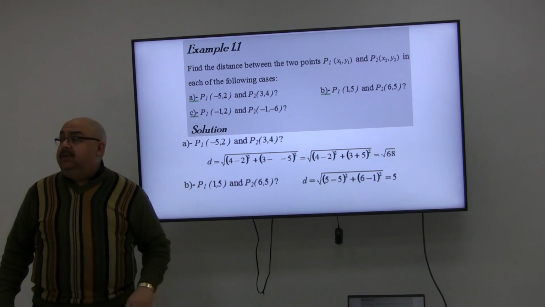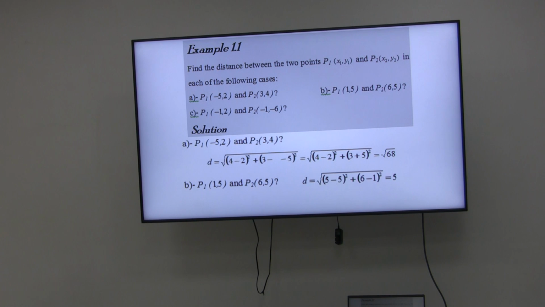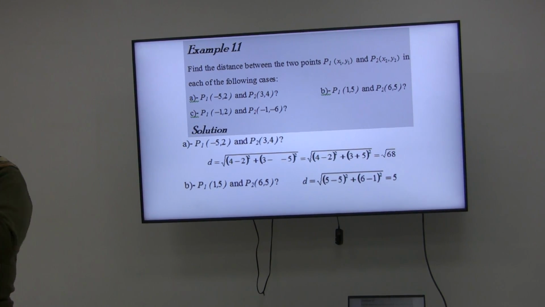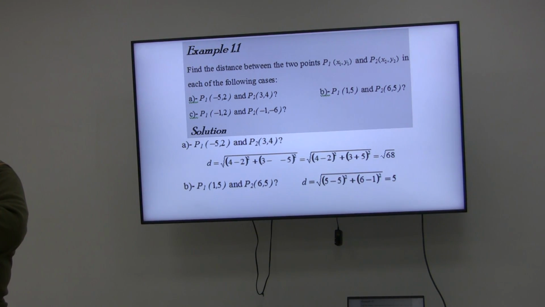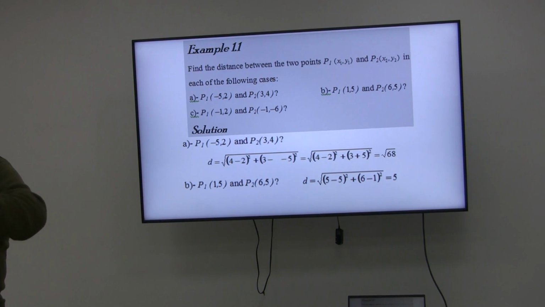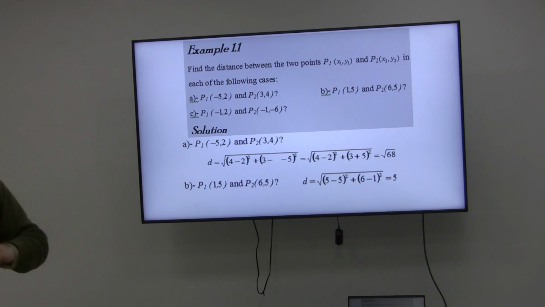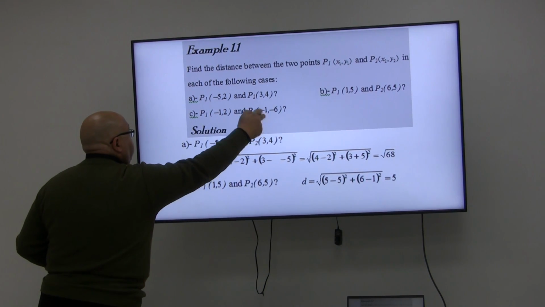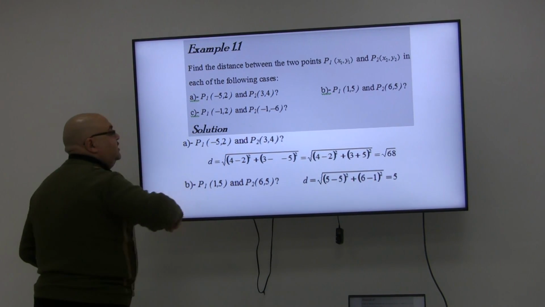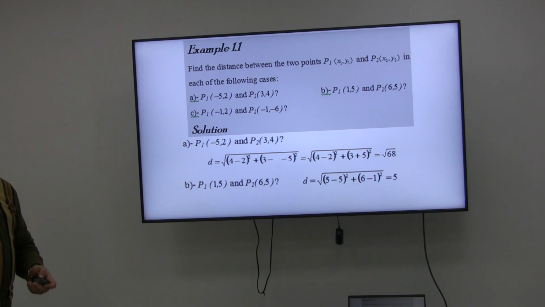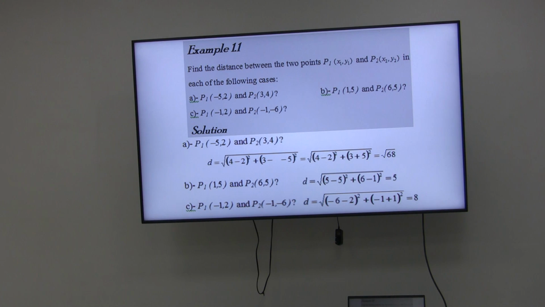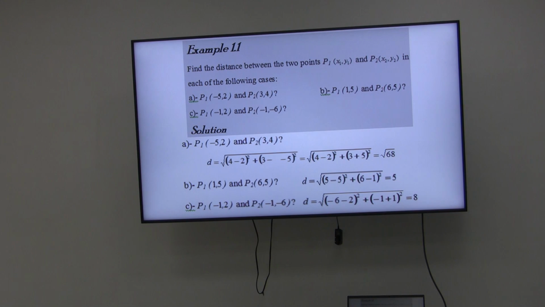For the second pair of points, which are negative 1, 2 and negative 1, 6, you will remark that we are moving vertically. I'm at negative 1 and 2, and I'm moving to negative 1 and 6. So if I want to evaluate the distance, it's very, very simple. All I have to do is get 6 minus 2, which is 4 units. Also, you can apply the distance law in order to evaluate the distance, and it's exactly the same. All of this is trivial knowledge.